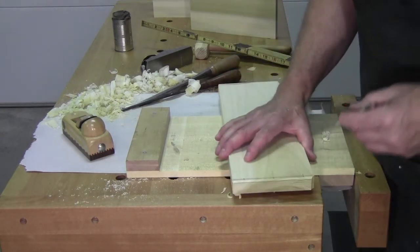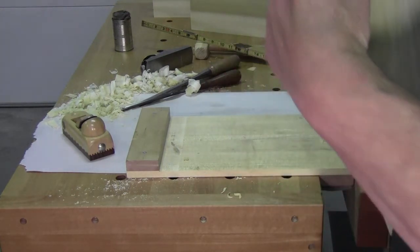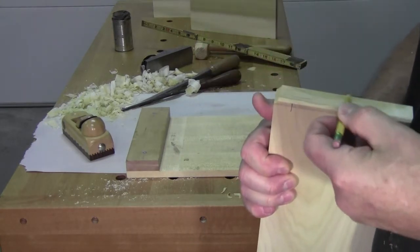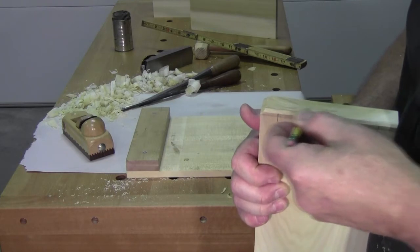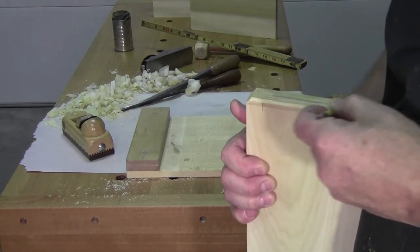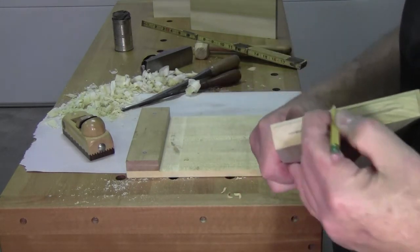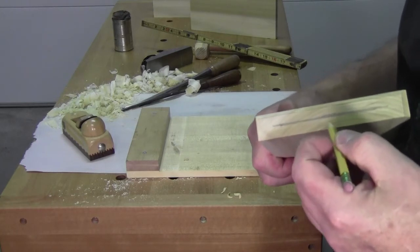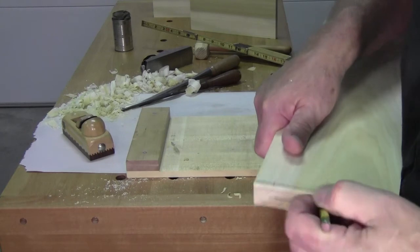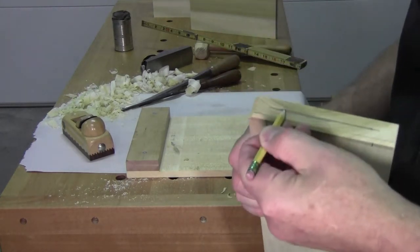So now, for the grip, we can't go more than the half, maybe 2/3 the thickness of the board, maybe a little bit more, but start out light and go from there. And so the deepest section will be in here. So whatever you choose for here,